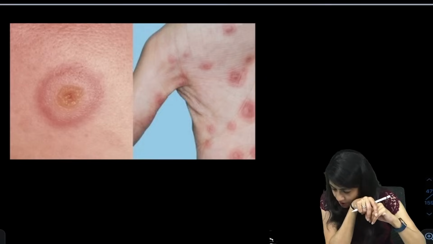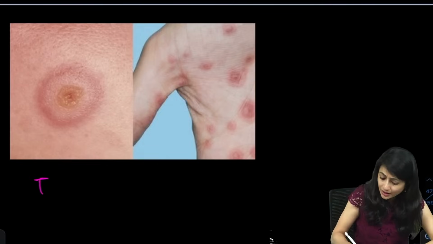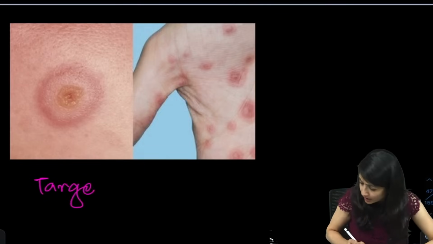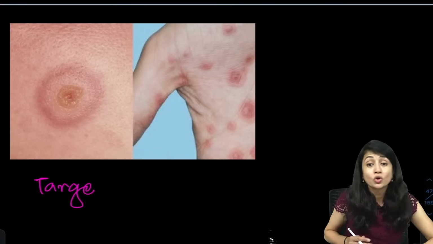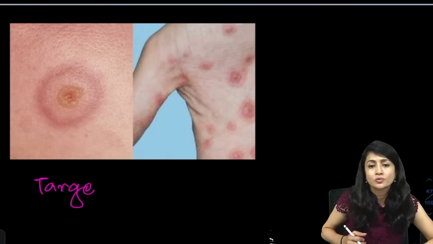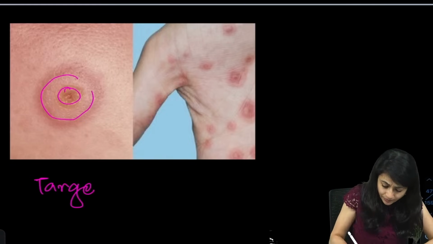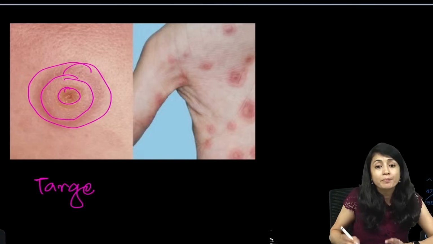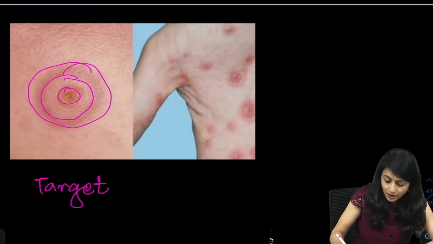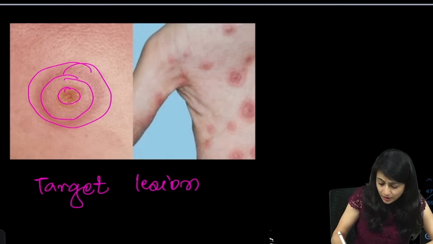Okay, very good. So yes, what we see here is target lesion. Dr. Pooja, this is not Lyme's disease. Lyme's disease caused by Borrelia has a different kind of lesion. Look at the lesion here. There are 3 zones. This is a typical target lesion and you see it in